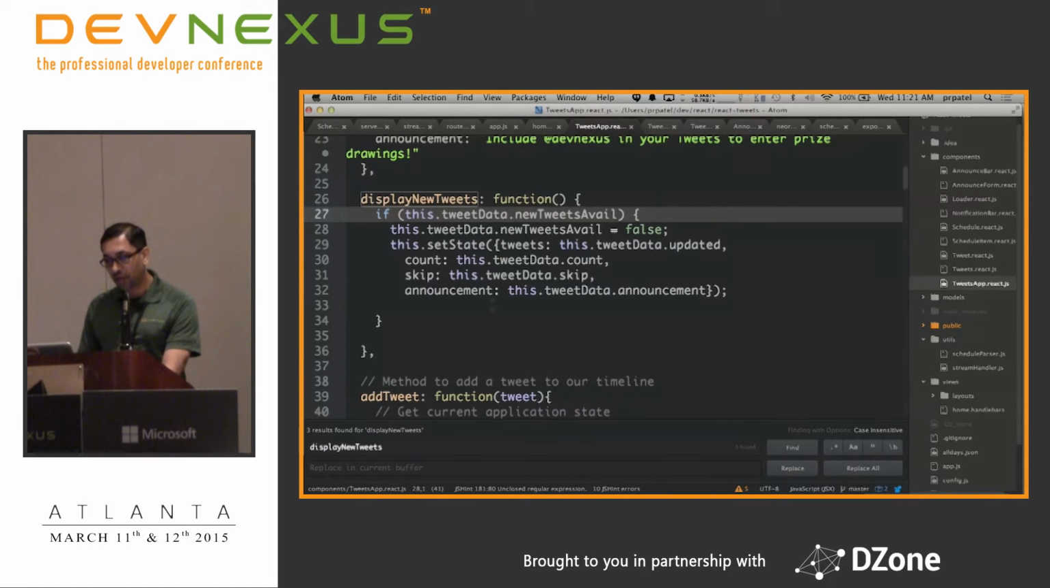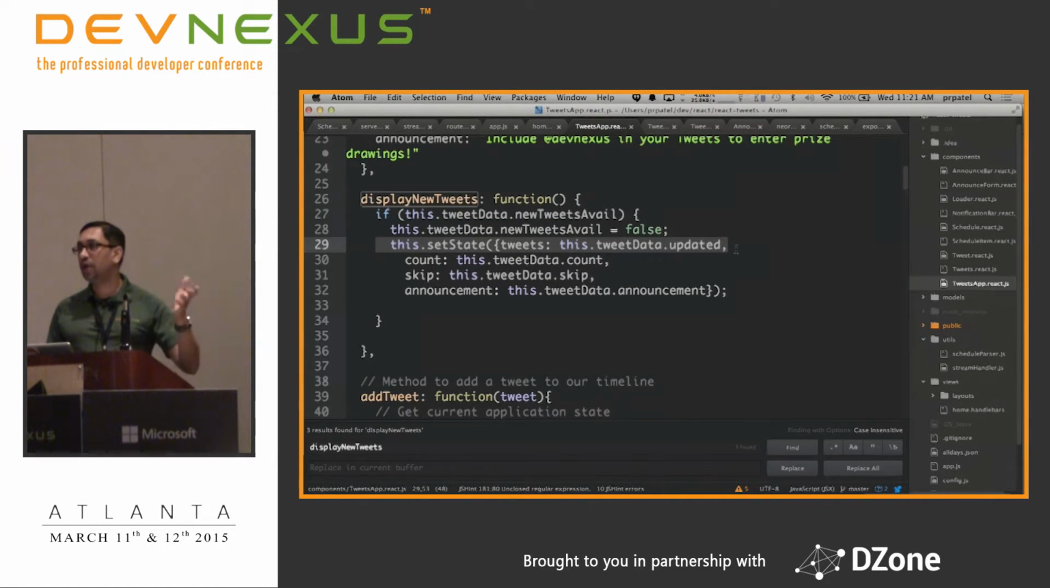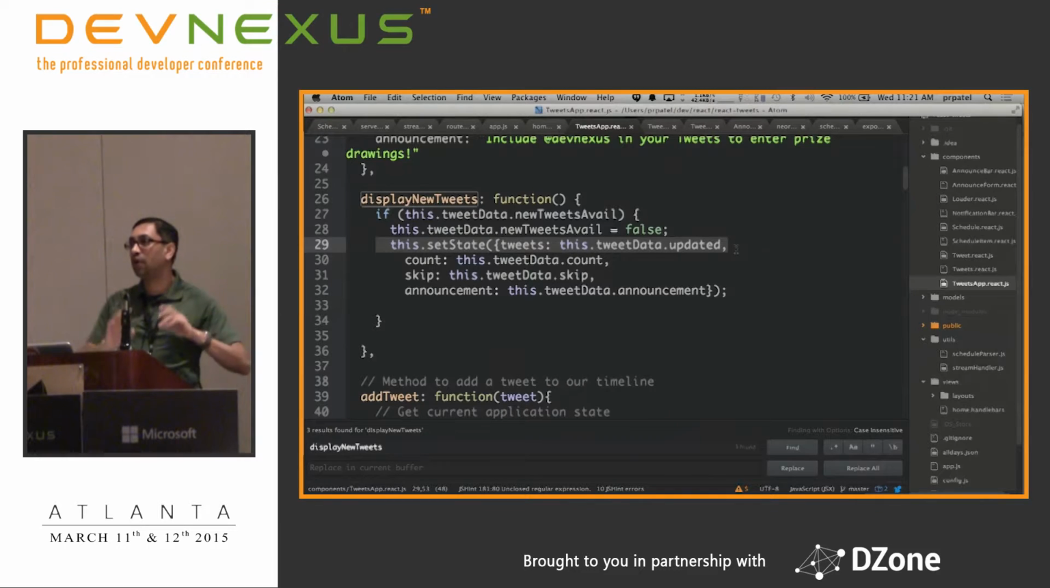But you can see right here on line number 29, I have this dot set state. I say, okay, we have some new tweets. Let's update the state of our application. Here's the new tweets. You go and figure out how to show everything now, okay? So this is how, basically end-to-end, how this is working. Right? So if we dig into